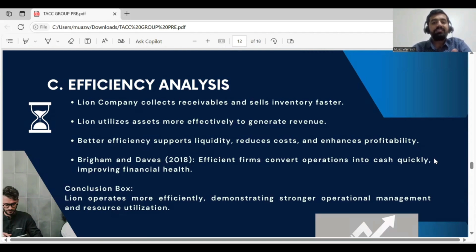As well as these efficiency differences impact real business outcomes and show that Lion collects receivables and sells inventory faster, and it utilizes assets more effectively to generate revenue by reducing costs and enhancing profitability. These findings align with Brigham and Daves research. In summary, our ratio analysis reveals meaningful operational differences and proves that Lion operates more efficiently, demonstrating stronger operational management